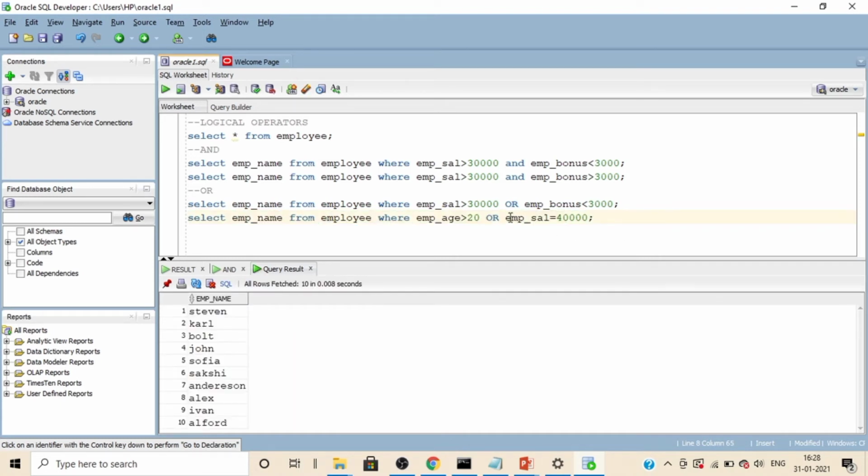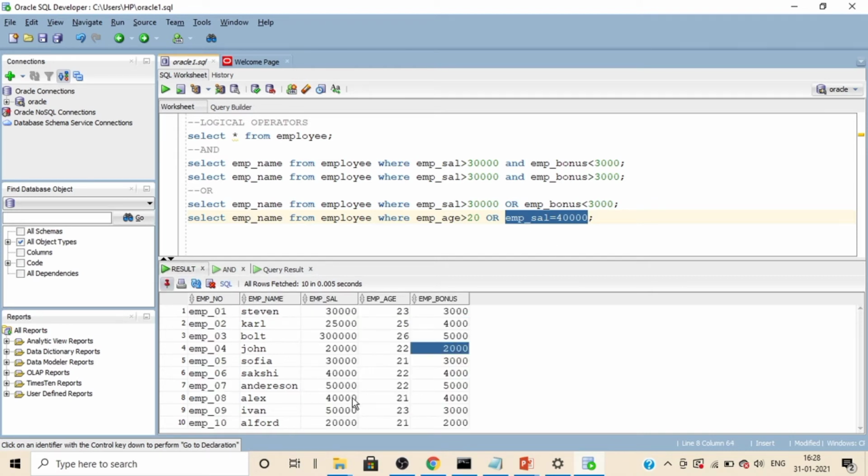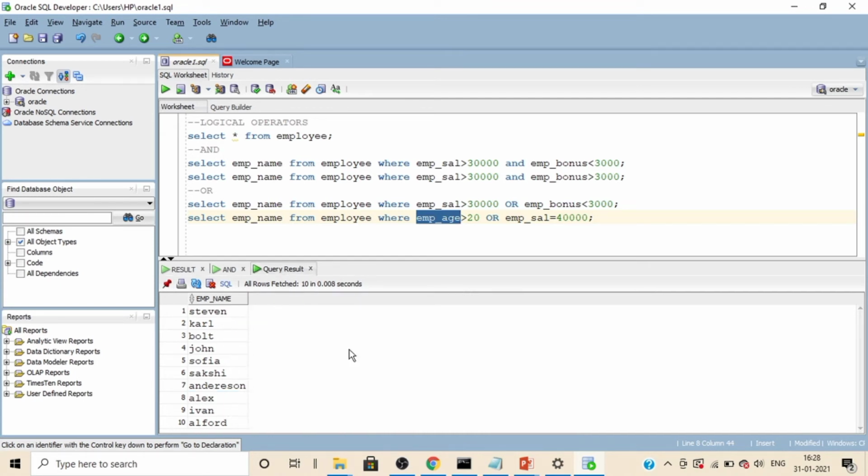So it retrieves all. It is only taking the first condition as greater than 20. All are having age greater than 20 in our case. So it is taking all, as the first condition is true, the second condition is also true, and it also retrieves the employees who are getting equal to 40,000.